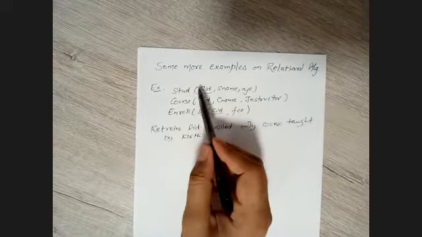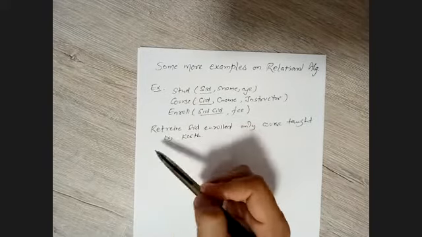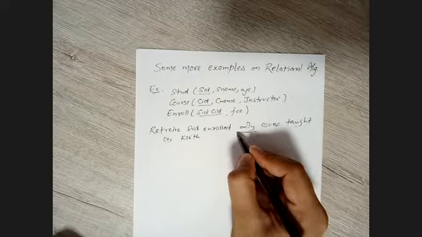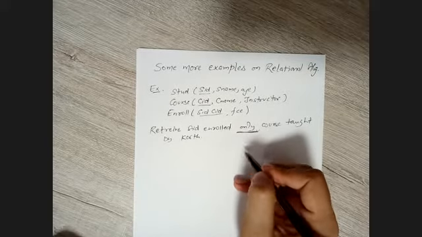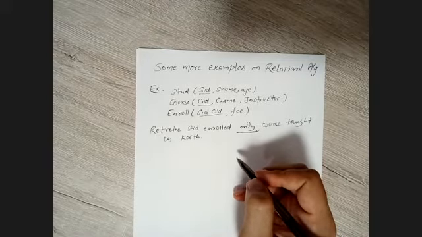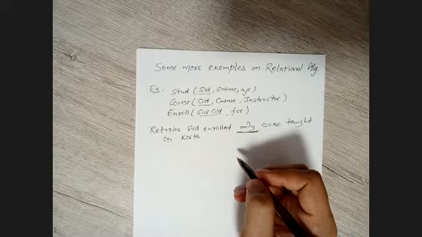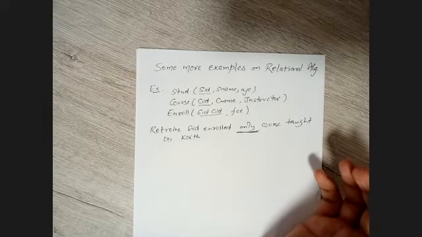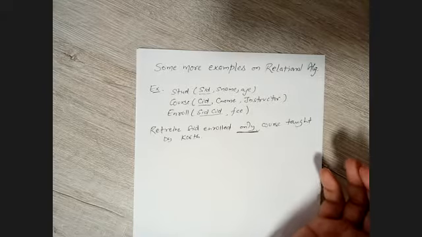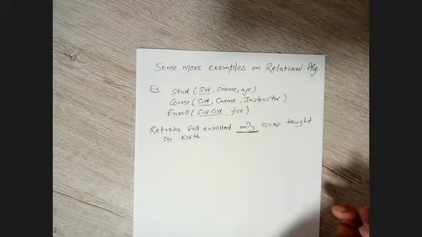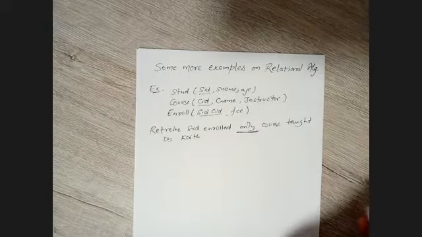So now see, we have the SID in student and enroll. The difference in this query is the presence of the word only. This is important here. So what approach will we follow? We will use the complement operator. We have already gone through this part whenever we have queries, for example, every query. We used to use complement, or say the set difference and the complement operators. So something similar we will be doing here as well.